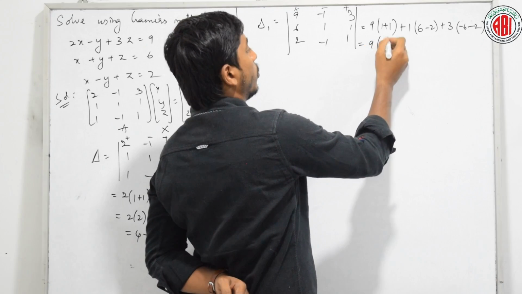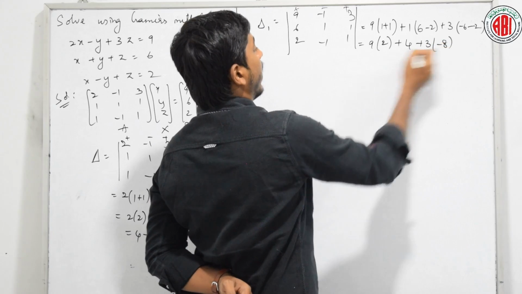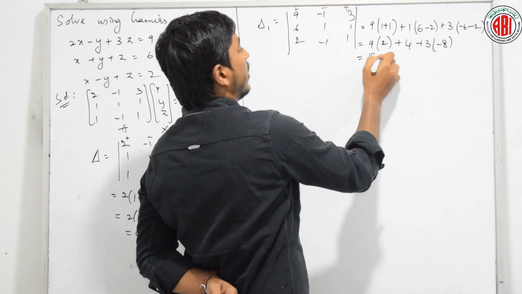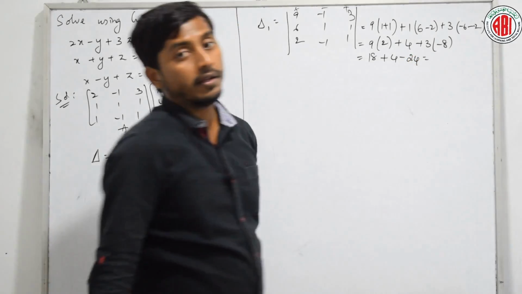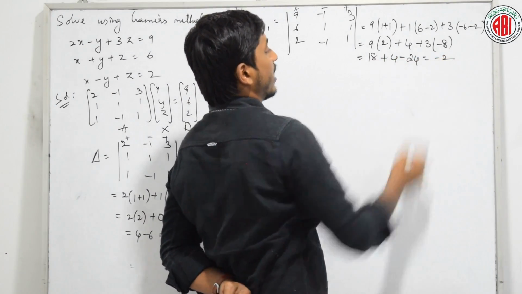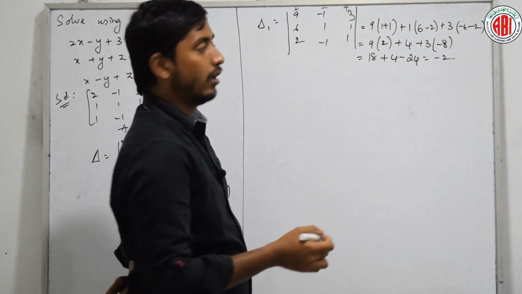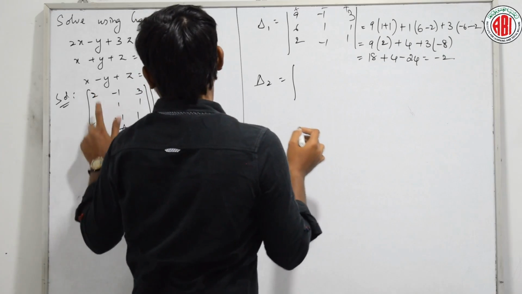9 into 2 plus 6 minus 2 is 4, plus 3 into minus 8. 9 2s are 18, 8 3s are 24. Fine. 18 plus 4 is 22. 22 minus 24 is minus 2. Is it clear? And the next, delta 2, that is 2 1 1,